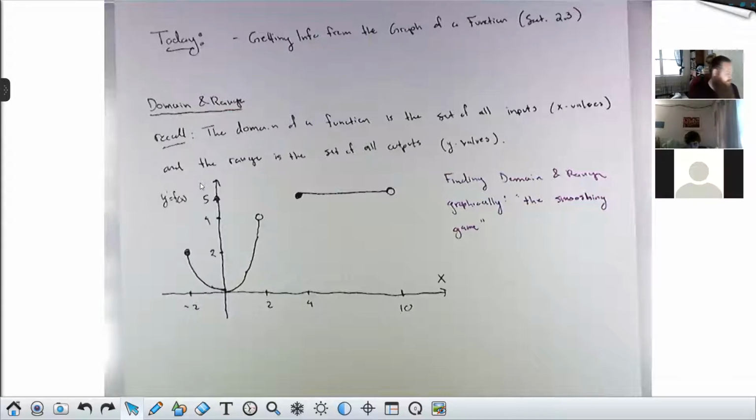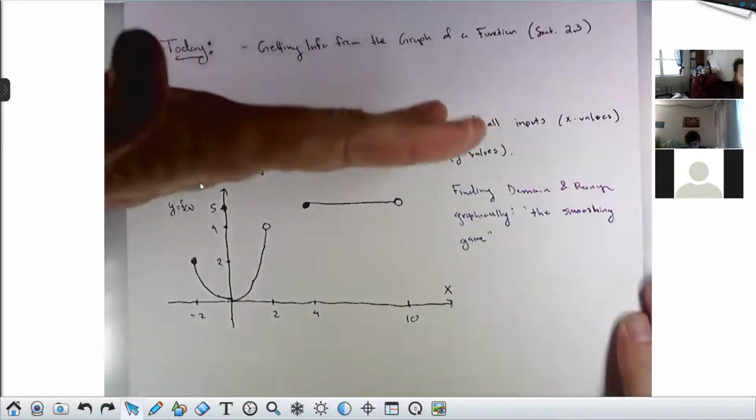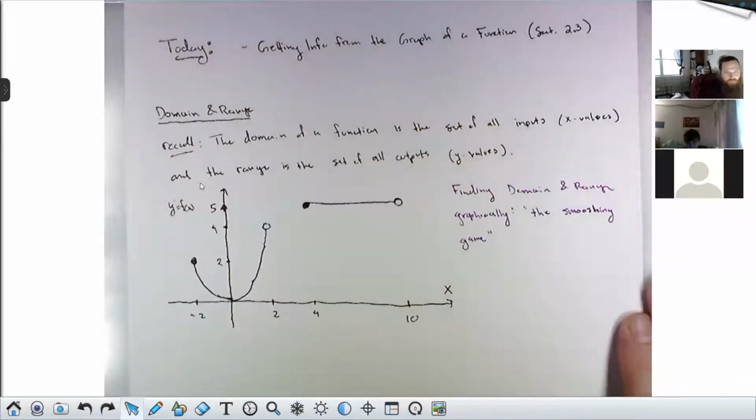All right. So what is the smooshing game? It's what it sounds like. Pretend like I have a thick Russian accent and this is the hydraulic press channel. Here comes my press. I'm going to smoosh this whole thing down onto the x-axis. So to find the domain,